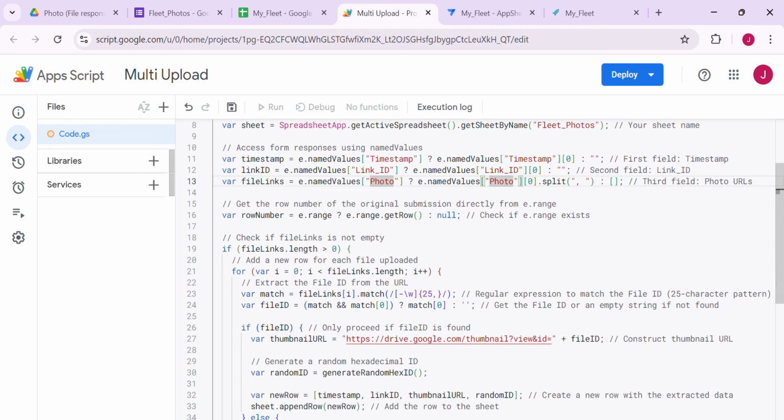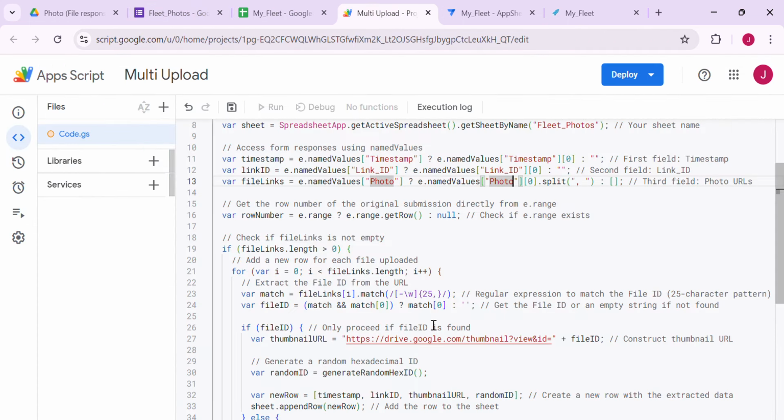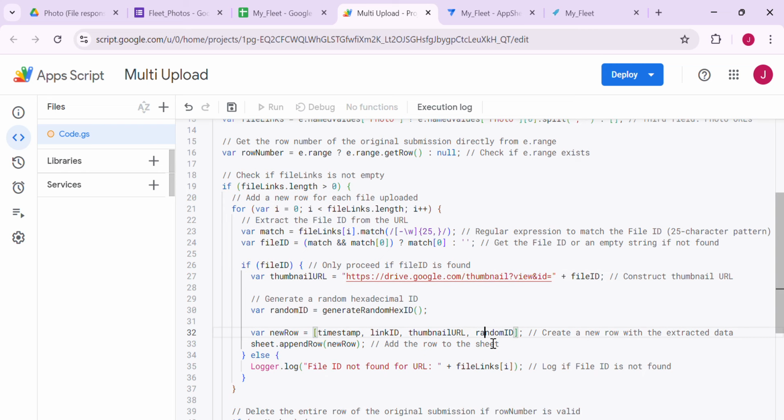What this script will do, once it splits the URL here, it converts the URL into a drive.google.com thumbnail URL. UC export is not working anymore, since my goal is to display the images inside the AppSheet. So I would like to update that URL into a thumbnail type, and it updates the ID into a random ID as well. Okay, so let's save this,